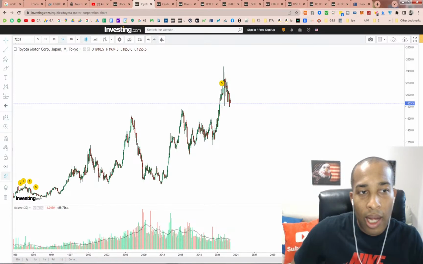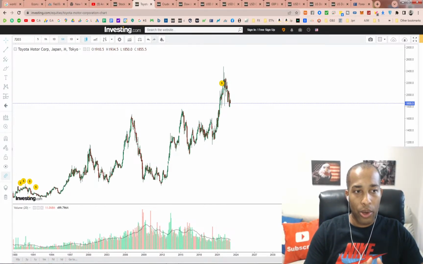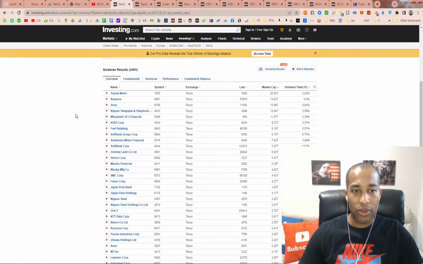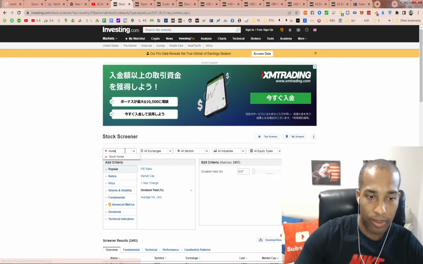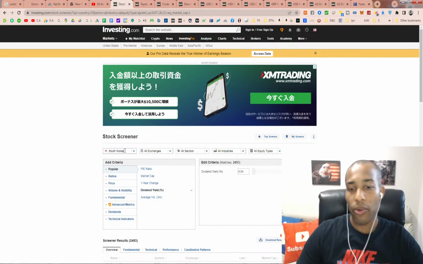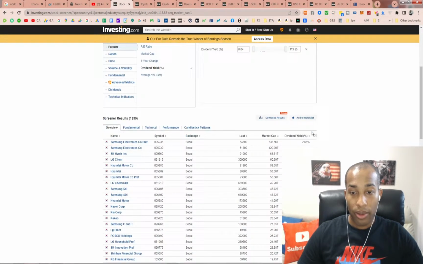Alright, now, I just talked about looking at this stock, Toyota, getting income in yen. You can do the same concept for won. You can do the same concept for other countries. Now, let's switch it up a little bit. Let's go to Korea, okay? South Korea. So if you were looking at investing in Korea, doing the exact same thing I just talked about,